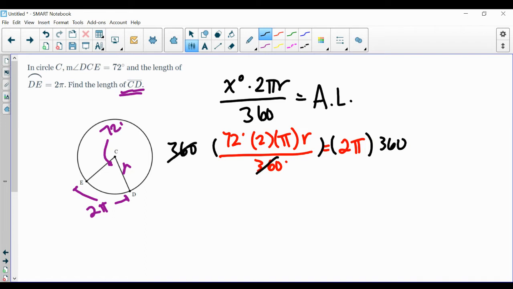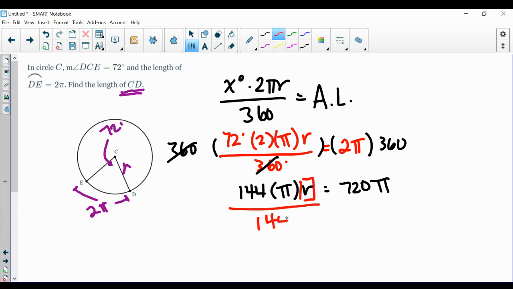And then 72 times 2 is 144. Pi radius equals 360 times 2, 720 pi. And I'm just leaving it in terms of pi because there is still a pi on both sides. And if I want r by itself, I'm going to divide by 144 pi, which is going to take care of the pi that was there anyway. So 144 goes away, pi goes away. And so at this point, it's going to be radius equals 720 divided by 144,